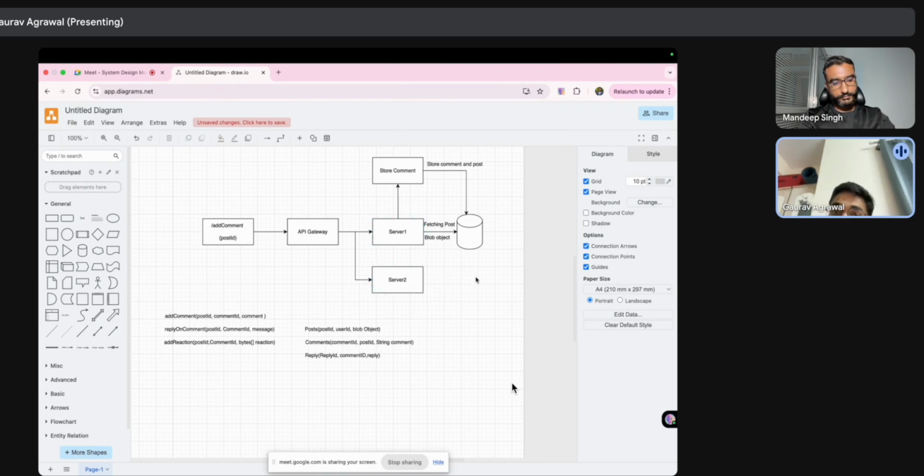On the second thing, from the database side also we have to take care of the load. So for the database, we could have multiple replicas of the same database. We could follow some master slave architecture to handle the distributed database, and in that way we could scale this system.